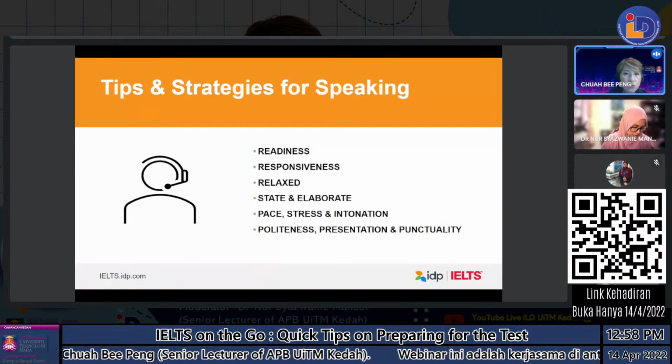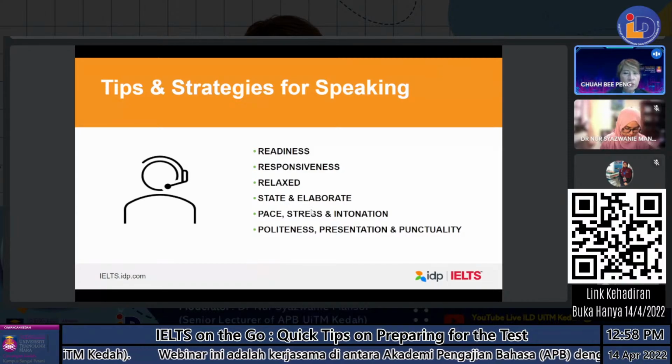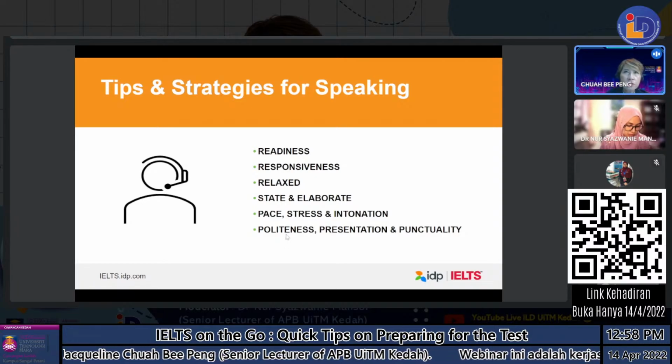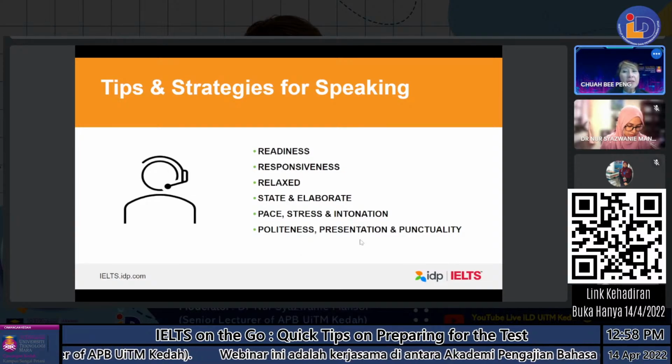Pace your speech, don't speak too fast, and make sure you have rising and falling intonation. And if you come across something important, you might want to stress it, like now. And be polite, even though some candidates might have taken the test 3-4 times, and unfortunately have to do the entire test 3-4 times. When it comes to speaking, always be nice to the examiner. Don't show a face that says I have done this before, so what. Be polite. And presentation, in terms of your